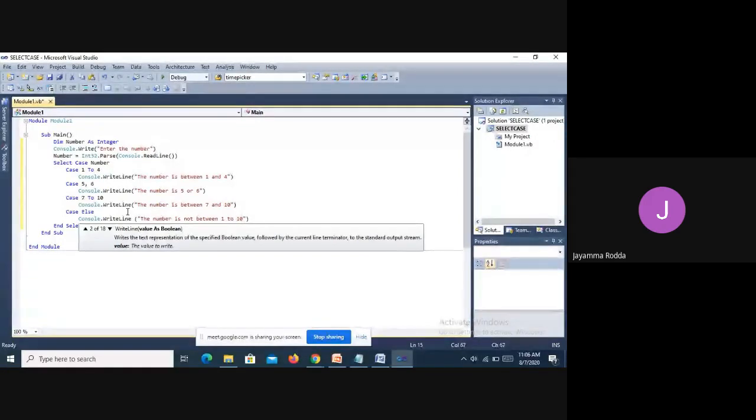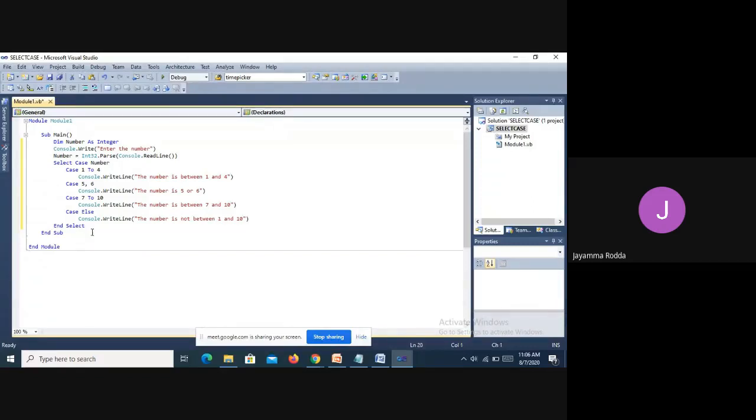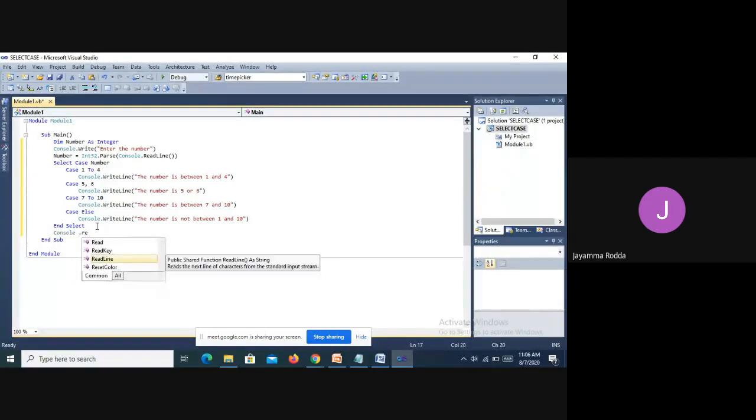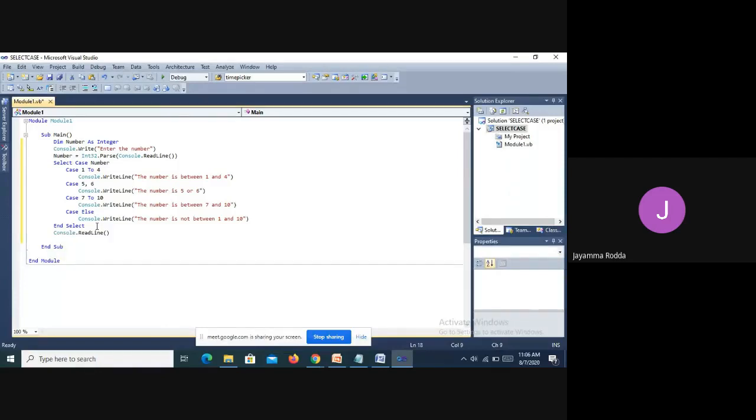Between we are using, so we should write 1 and 10. Okay, it automatically ends Select. It is ended. So again, after this part, I should write Console.ReadLine. It is a must, as we have seen.